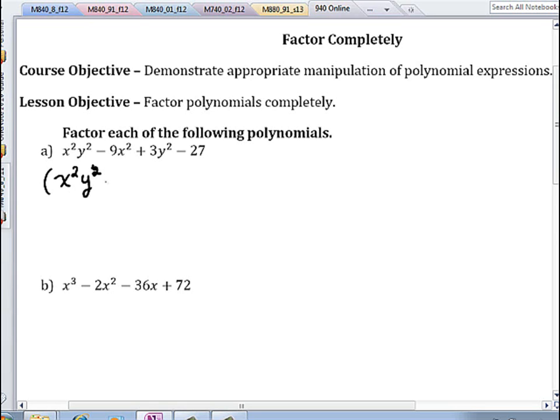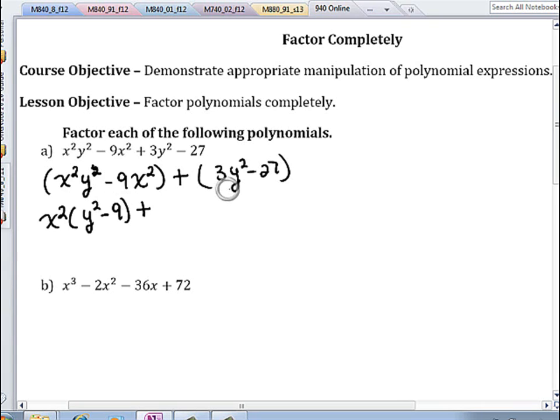So x squared y squared minus 9x squared is going to go in our first group. Always put a plus sign in between your 2 groups, and then 3y squared minus 27 in your second group. Factor out the common factor. The common factor between x squared y squared and negative 9x squared is x squared. And what we'll have left in our parentheses then is y squared minus 9